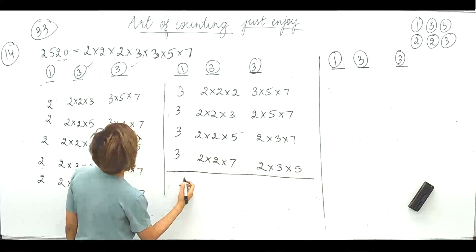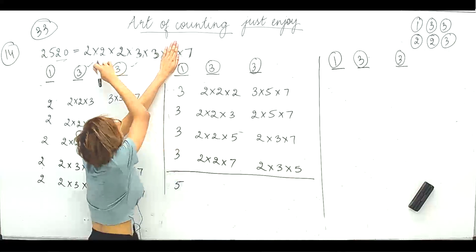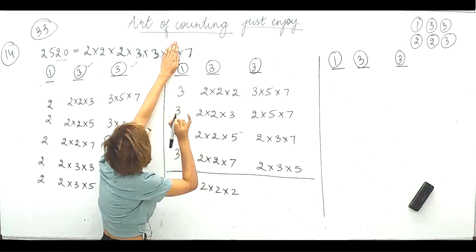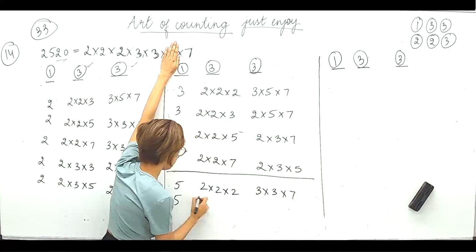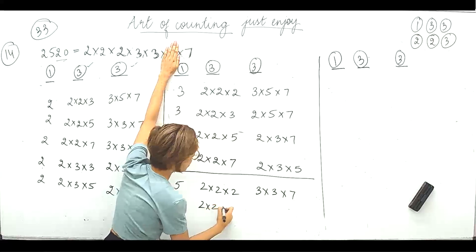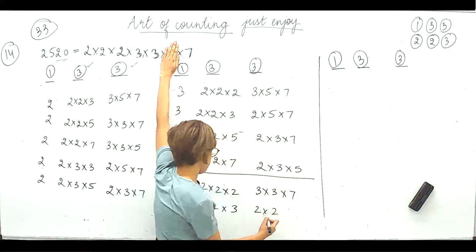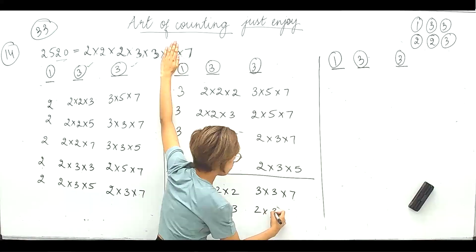अब यहाँ पे let's write 5. 5 से शुरू करते हैं. So 5. So if I take 5, first 3 I can take it to be 2 into 2 into 2. Right. And I am left with 3 into 3 into 7. Right. So now 2 into 2 fixed. So 2 into 2 into 3. That means I'll be left with 2 into 2. No, I lost it. 2 extra कैसे आ गया? 2 into 3 into 7.